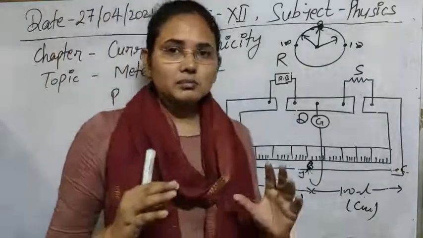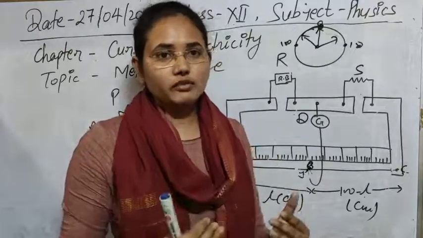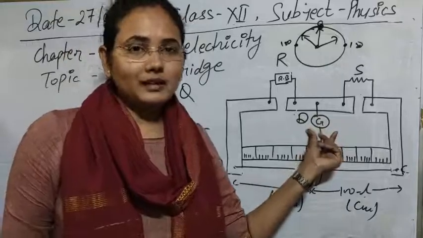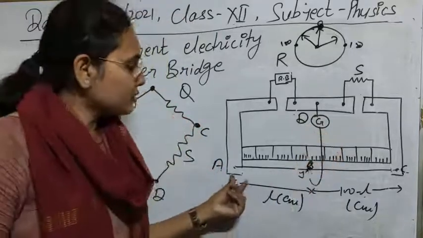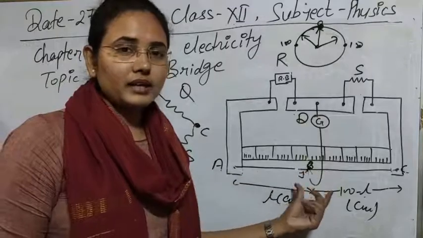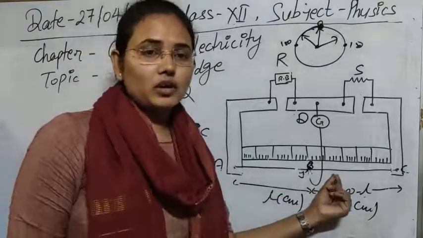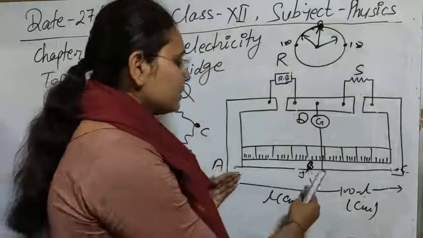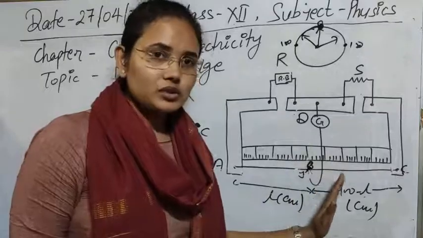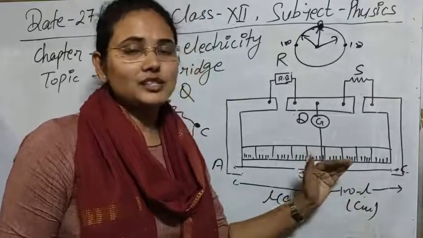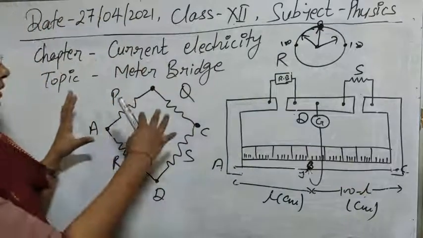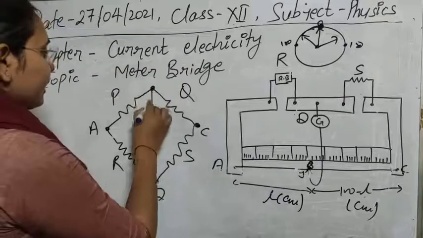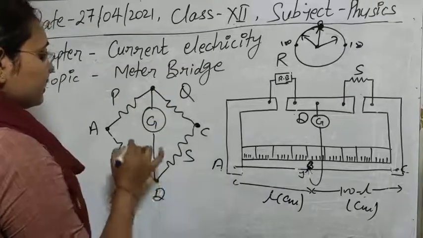So we have to maintain P, Q and R in such a way that we get the galvanometer current equal to 0 here. We can maintain it by sliding the jockey over the wire. In that case we can change the resistance at every point, because the length is changing by the slide and the resistance is also changing. So P and Q we maintain in such a way that we get the balance condition of the Wheatstone bridge, meaning the galvanometer that we are connecting between these points should have current 0.